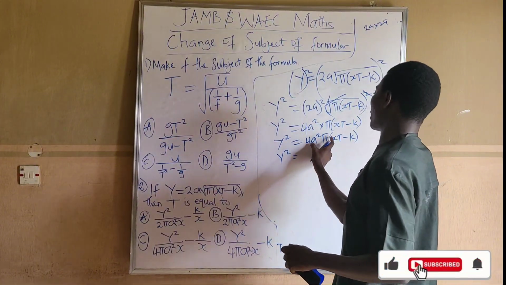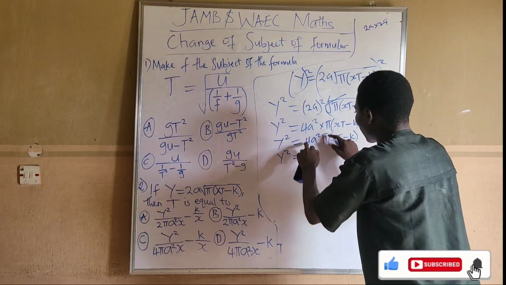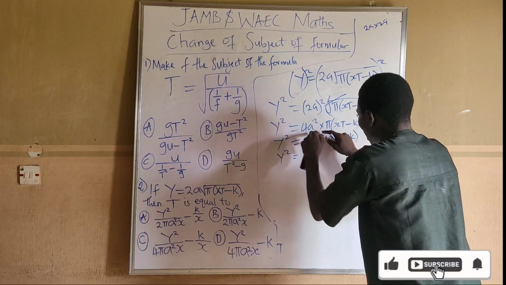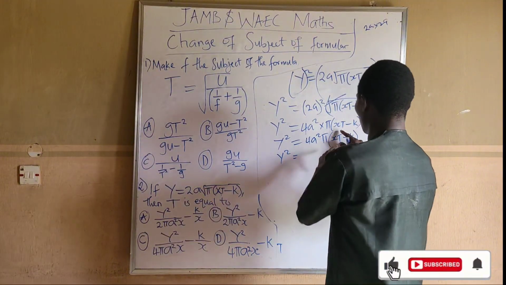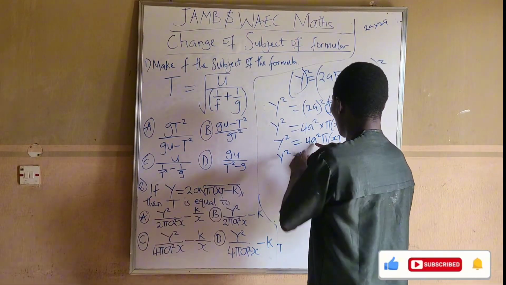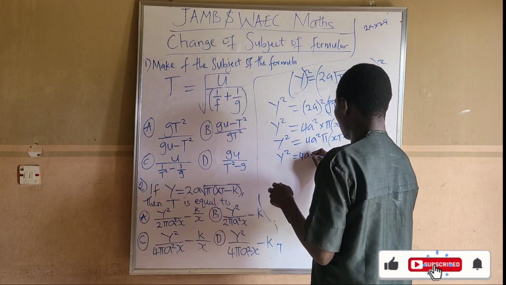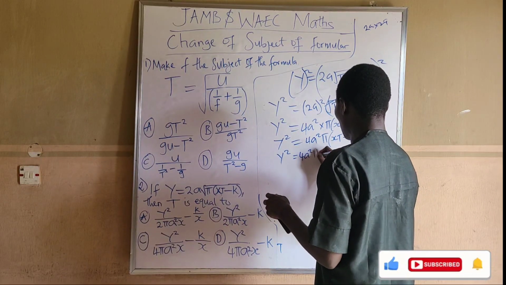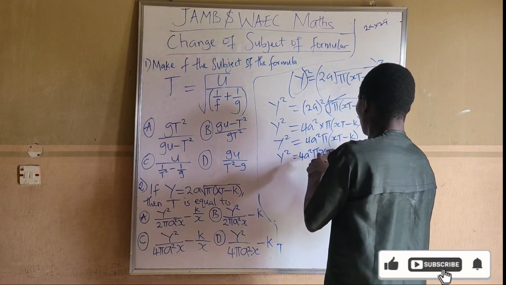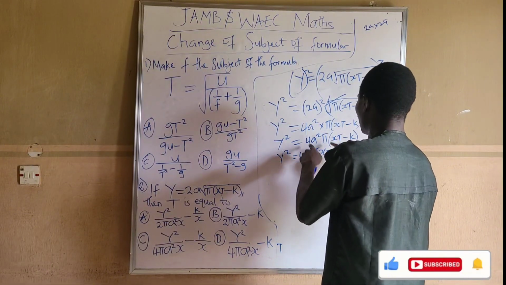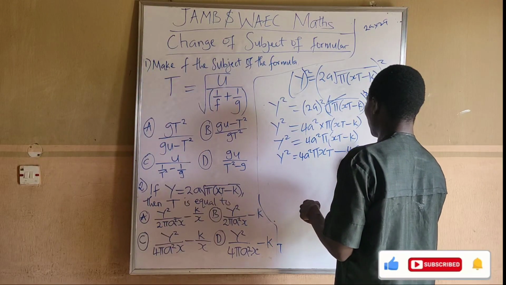You are using this 4a squared pi to multiply the bracket all through. That is, you use this 4a squared pi to multiply this and 4a squared pi to multiply this. So using this 4a squared pi to multiply this, we have 4a squared pi xt. For this one, minus, then use this one to multiply this will give us 4a squared